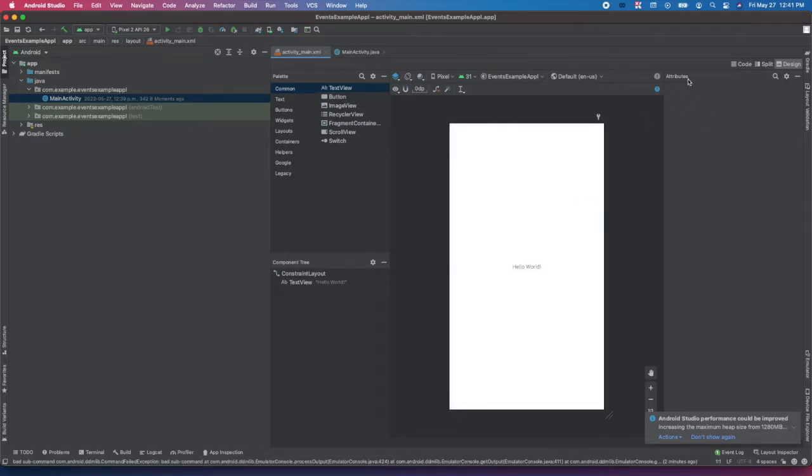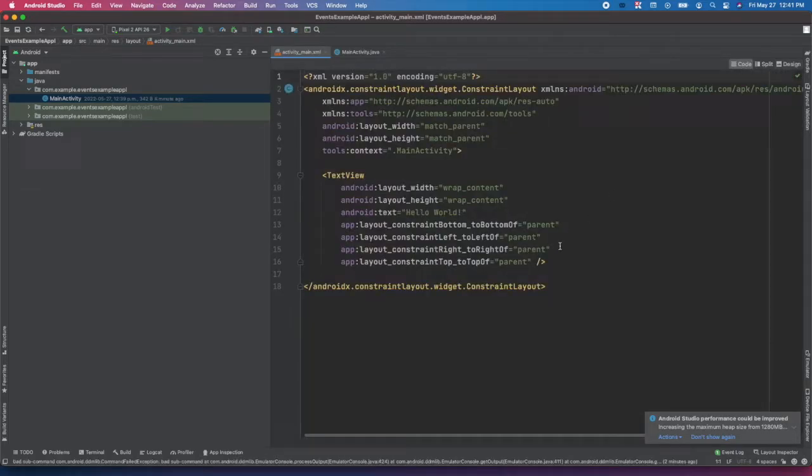If you want to see the XML file, click on Code here, then it will show you the XML file. As you could see here, this is a constraint layout, and currently it contains one UI element, which is a text view. Text view allows you to display text on the screen,